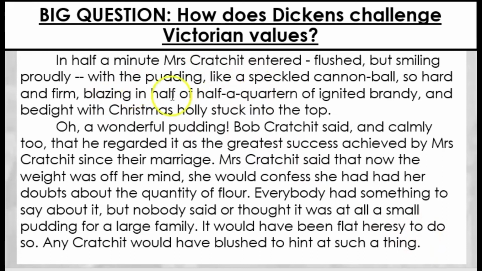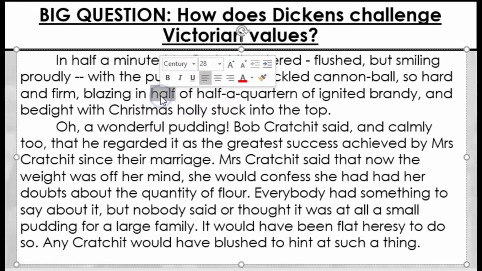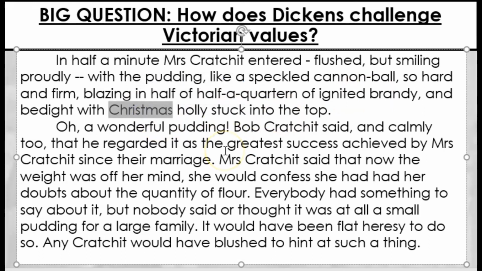What's been worrying Mrs. Cratchit is that she's made their Christmas pudding, and they don't have a lot of money, so they can't make a very large pudding. She's worried it's not going to be enough. In fact, we get this nice imagery again of heat and fire, literally because what used to happen is you'd pour some brandy on top of the pudding and light it to add to the flavour. We're being told that they can't really afford very much, so it's half a quartern of ignited brandy, so very little alcohol at all, because they're not wealthy enough to really dress their pudding properly. But they made the most of it. They stuck some Christmas holly in the top as a decoration, and we get the exclamative, oh, a wonderful pudding.